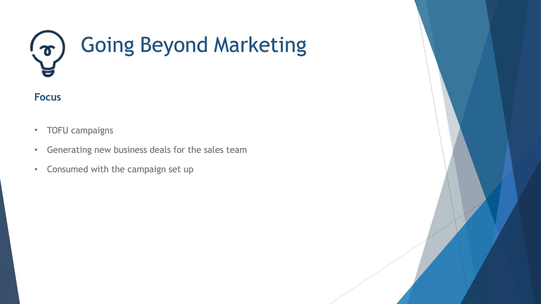We used direct mail for one instance, one game plan, and that was to create new business opportunities. So we only focused on top of funnel campaigns. We focused on mostly enterprise accounts, and this is mostly because we were consumed by the setup of a campaign. We had no wiggle room to see where else we could be helping out, and it was more the idea of: if we stopped doing a top of funnel campaign one quarter and focused somewhere else, what would we be losing by shifting our focus?